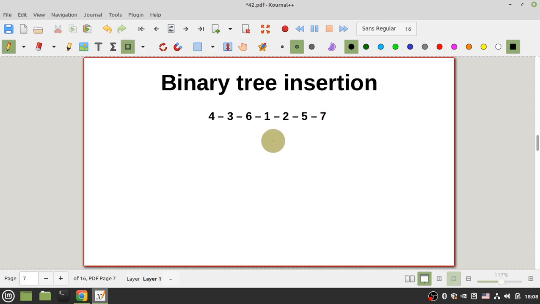First, if your tree is empty, the inserted node is root. Okay, my tree is empty, so 4 is root, and as I said, each node has 2 children, left child and right child, and parent of 4 is nil. Okay, and here again are nil and nil. Now I want